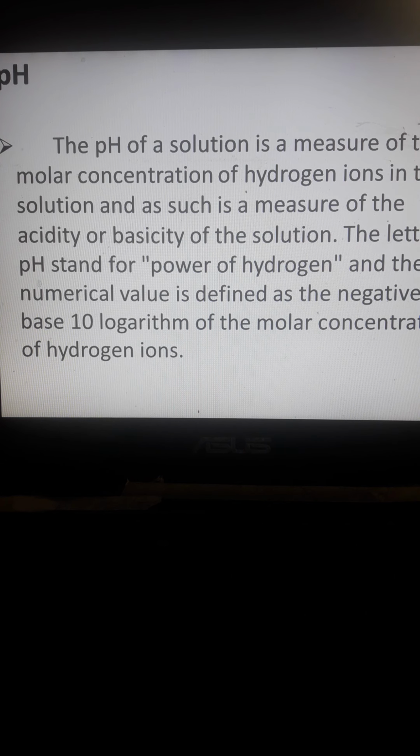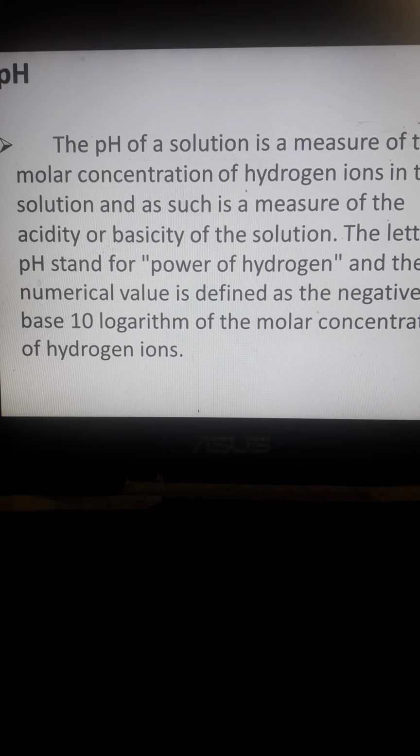To continue our discussions in biochemistry, we go now to pH. pH is a measure of the molar concentration of hydrogen ions in a solution, and as such is a measure of the acidity and basicity of solutions. The letters pH stand for the power of hydrogen, and the numerical value is defined as the negative log, or base 10 logarithm, of the molar